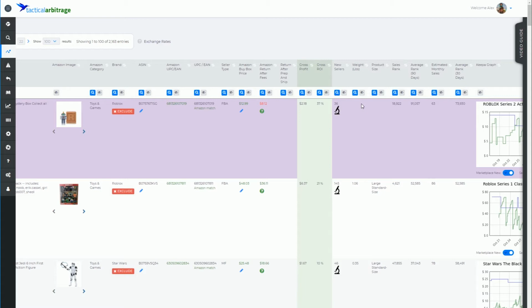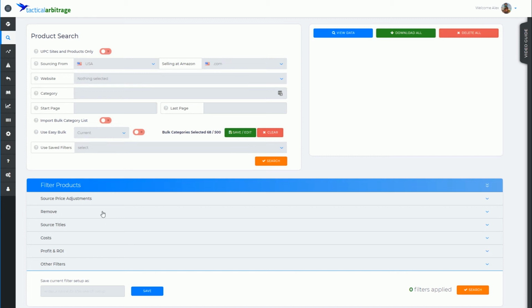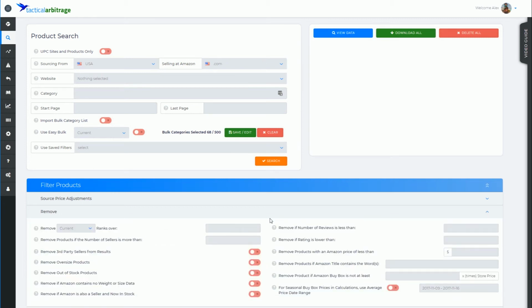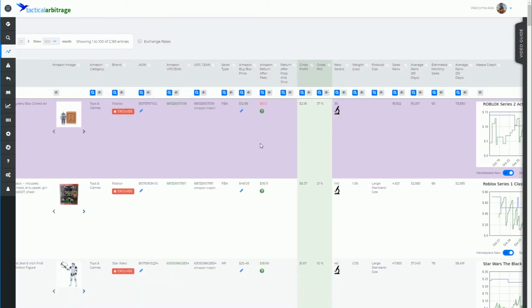So that's also interesting for me and a bit of a red flag. In fact, I often use on the product search page the filter remove if Amazon contains no weight or size data, because I like accuracy, and if I am starting to see these red items, I know that it's going to be somewhat close,